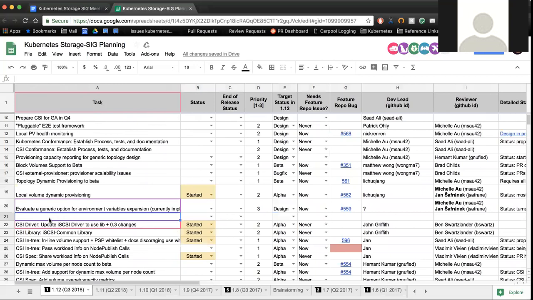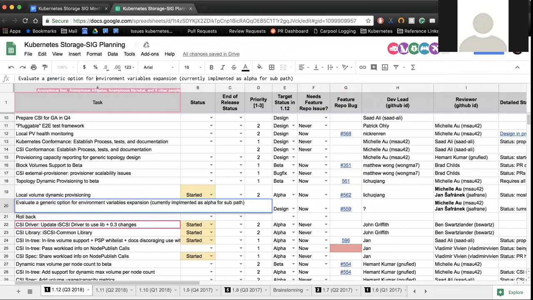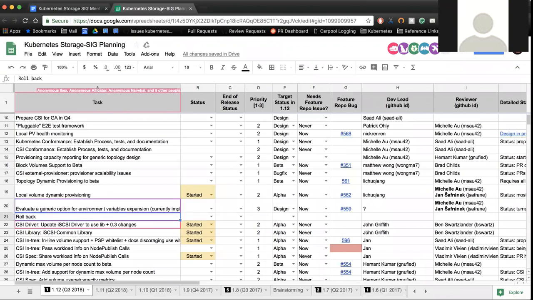Yeah, the main thing is now the semantics of the field has changed. So if you had a $ sign in your subpath name before, now we would try to evaluate the environment variable. So having a $ sign in your subpath is legal? Yeah. Okay.